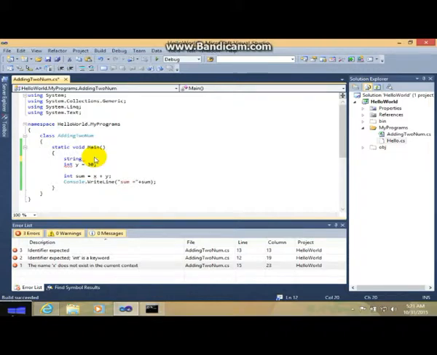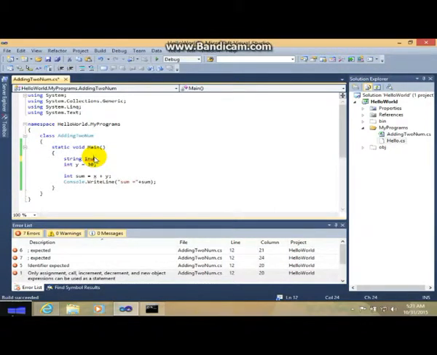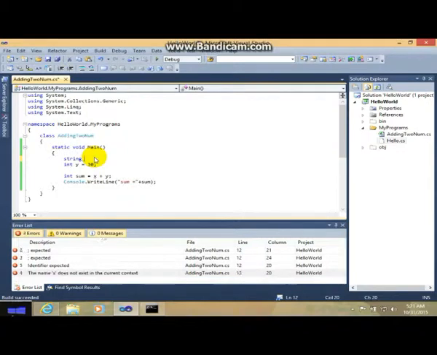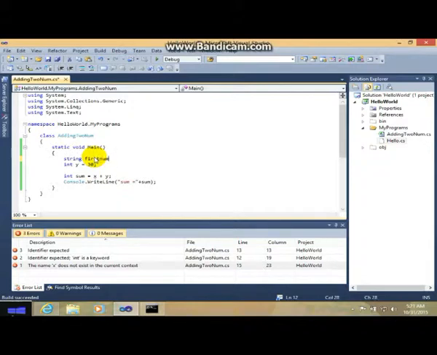String number, one num, no, string first num equal to.